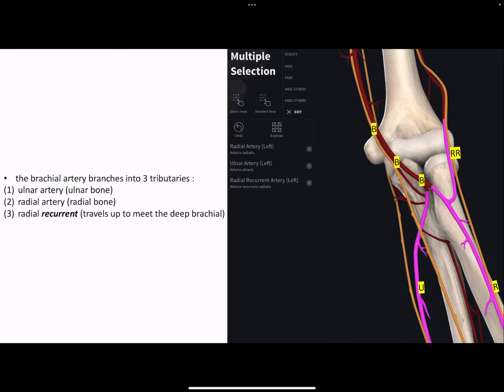Once it goes past the cubital fossa, it then branches into the ulnar branch near, of course, the ulnar bone, and then the radial branch, of course, near the radial bone. B for bone, R for radial, radius. And then what do you know? The radial recurrent, this is what goes up and is going to meet